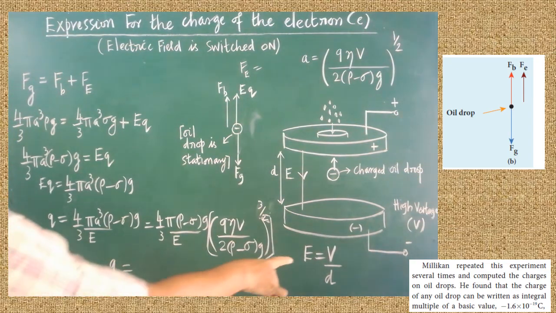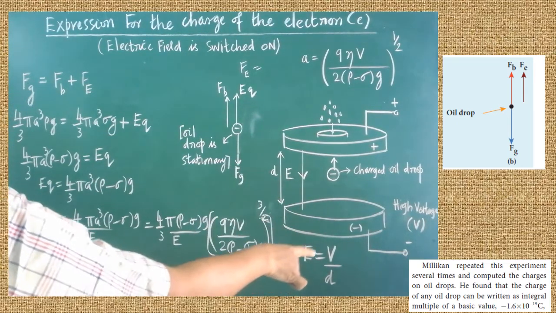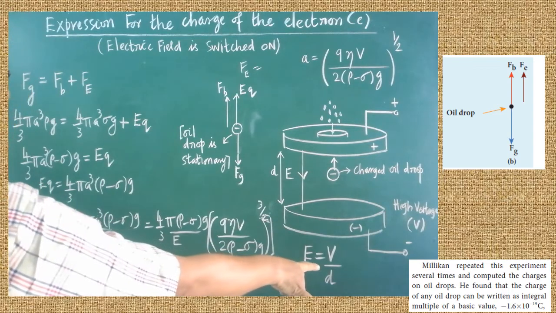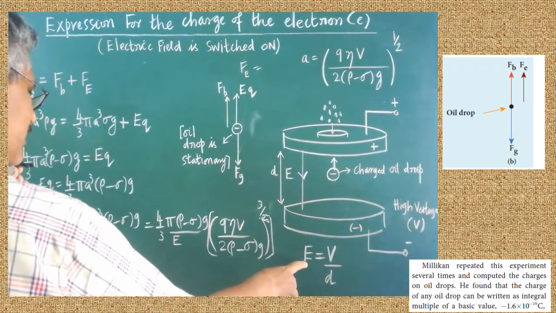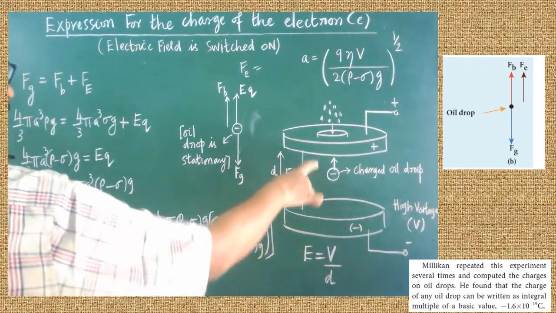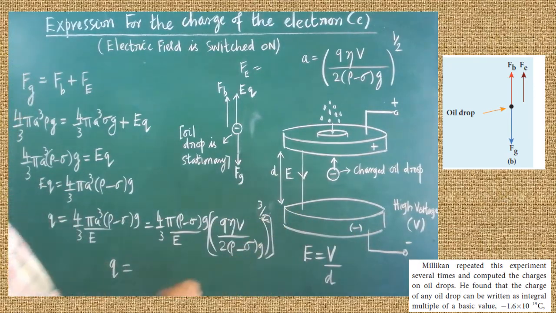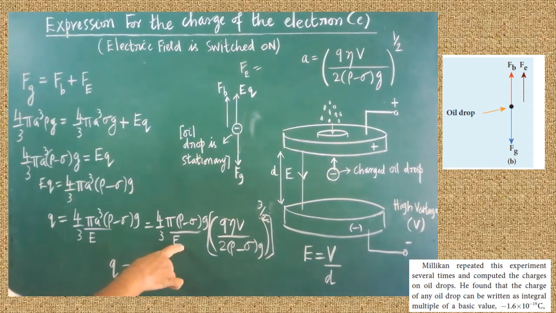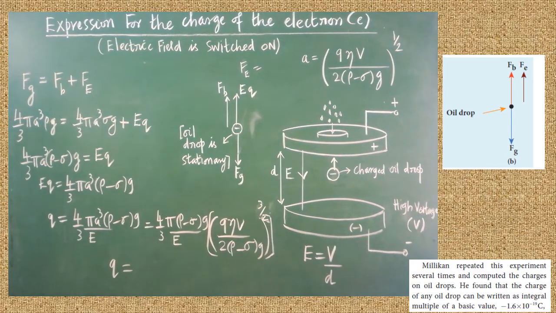After that, here E, what is E? The electric field strength. The electric field strength can be measured by using this expression. This expression was already taught in the first lesson. The negative potential gradient is nothing but the electric field. By calculating the potential difference and distance between the two plates, we are able to get the expression for E. So substitute E. Is it clear? Replace E by V by d. So the final expression for Q can be obtained in the following form.